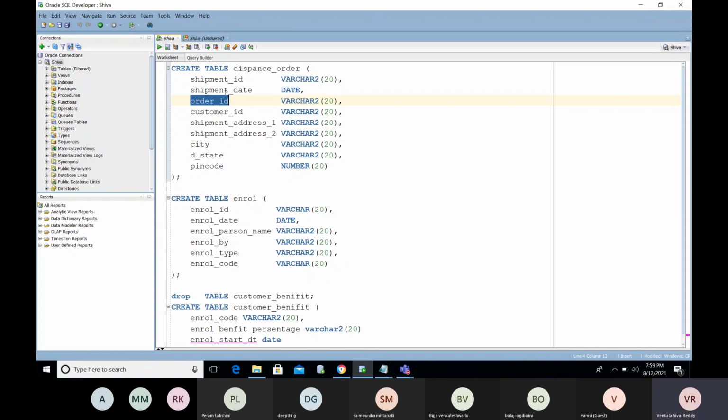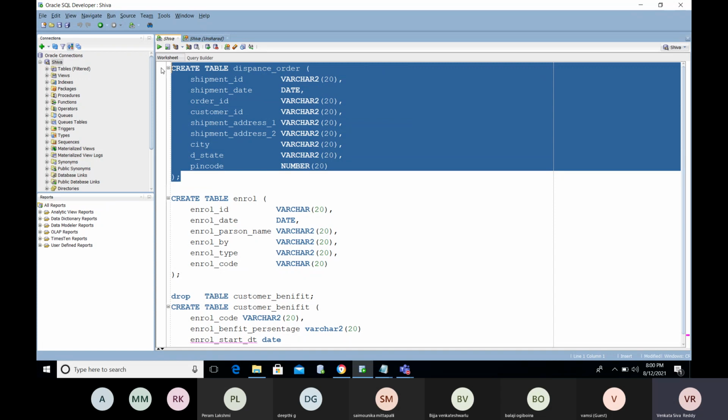Okay, so why are we spending time to maintain all this information? To track who is our best customer, to retrieve the best customer. So whoever is giving you the most orders is the best customer for you. These are all things that need to be verified from your end, right? So these are all for tracking purposes. We will use these queries. Okay, so this is the dispense order table.